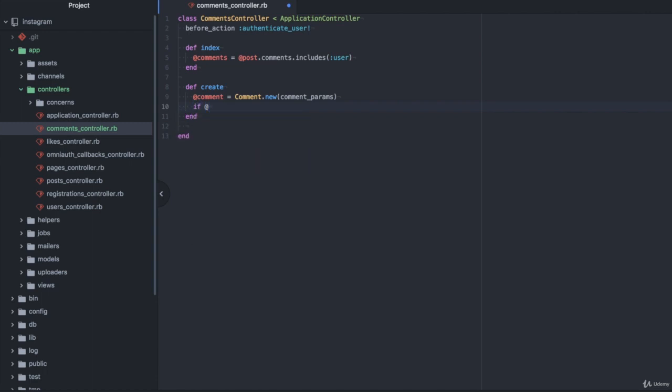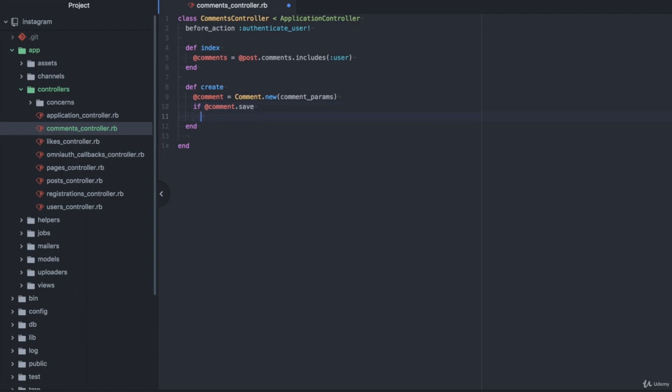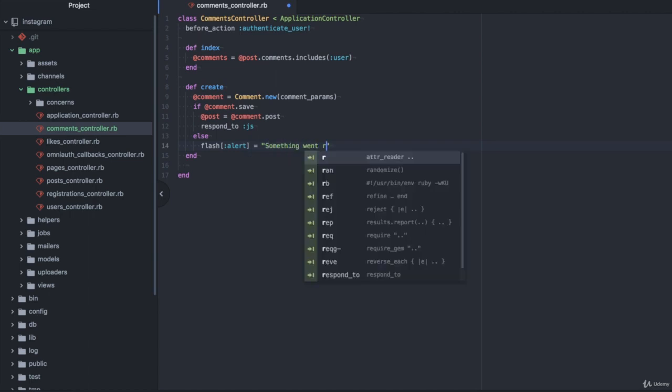if the comment is successfully saved, we get the post and will respond to JS, else flash alert, something went wrong,